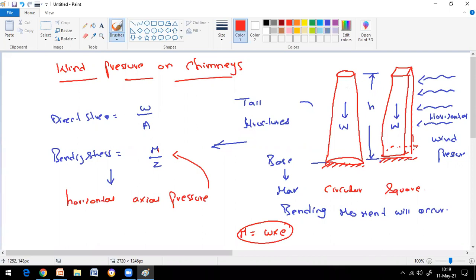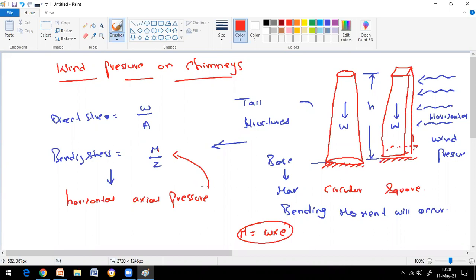Due to the horizontal maximum wind pressure at supports, members will have a maximum bending moment. Understand? So this is what you have to understand clearly, the direct and bending stresses in other applications like chimneys, retaining walls, and dams. Here nothing eccentrical comes into picture. There is no eccentrical point here. All bending stresses will develop due to the bending moment only.